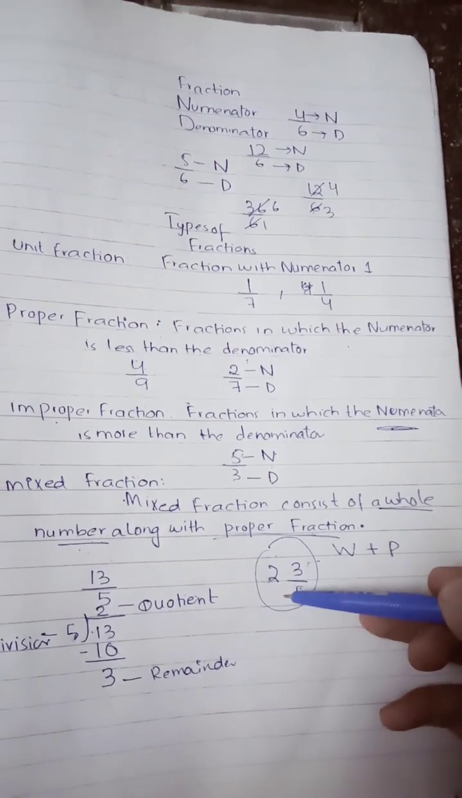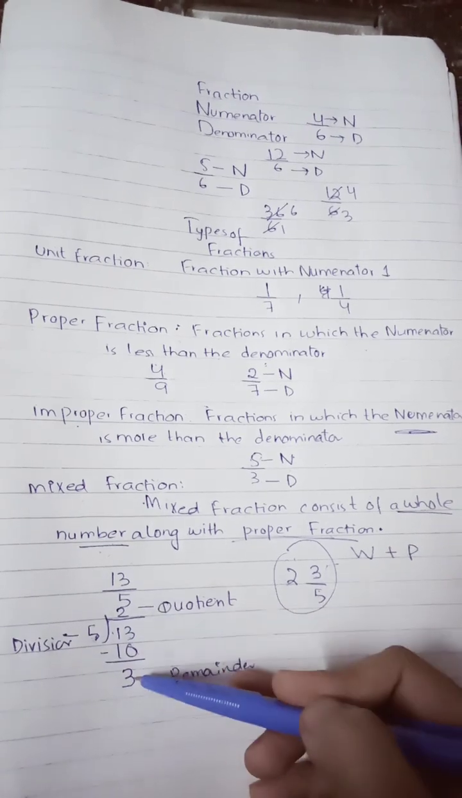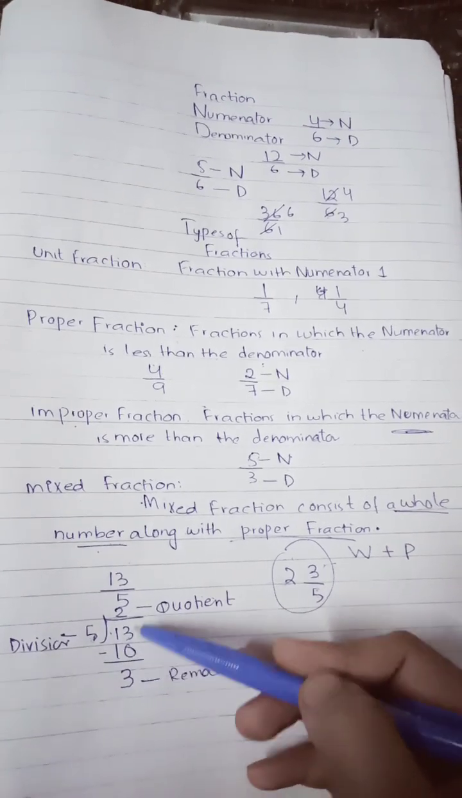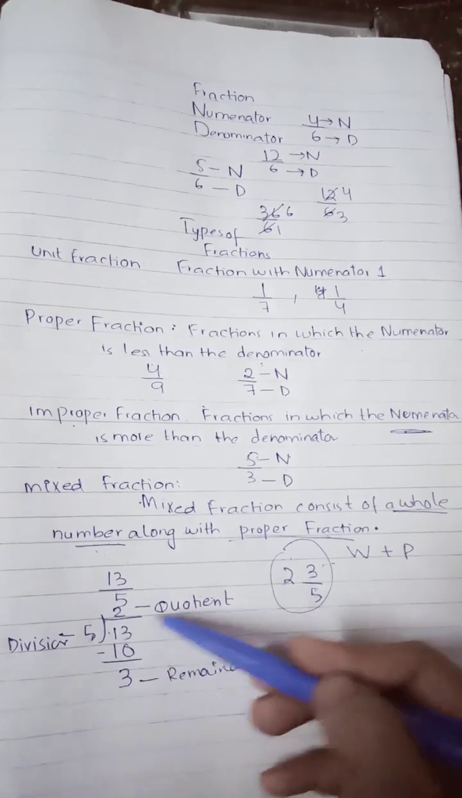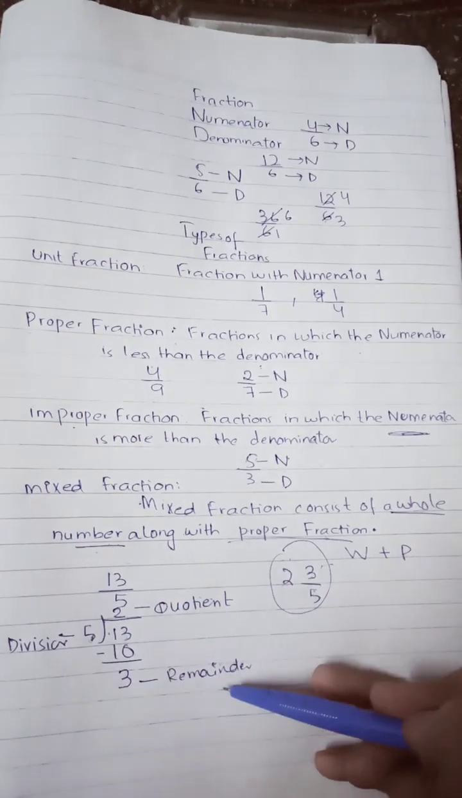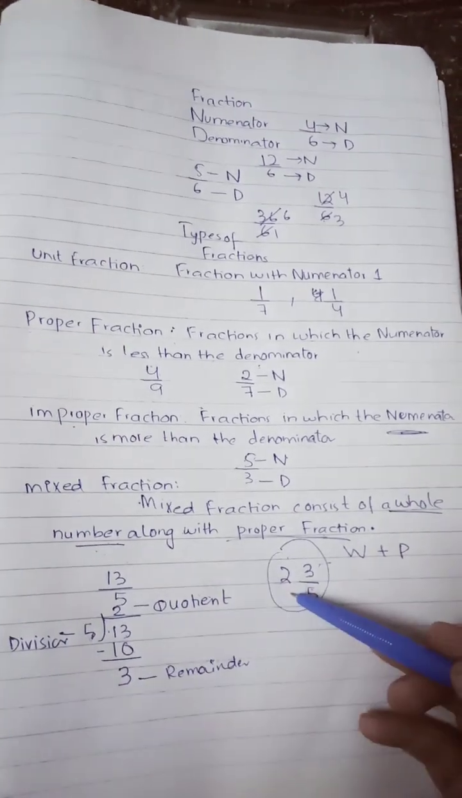How does it come about? You can see 5 times 2 is 10, and when we subtract 10 from 13 you will get 3. 2 is the quotient, 5 is the divisor, 3 is the remainder. So this is how it comes. Okay, now we are going to discuss the